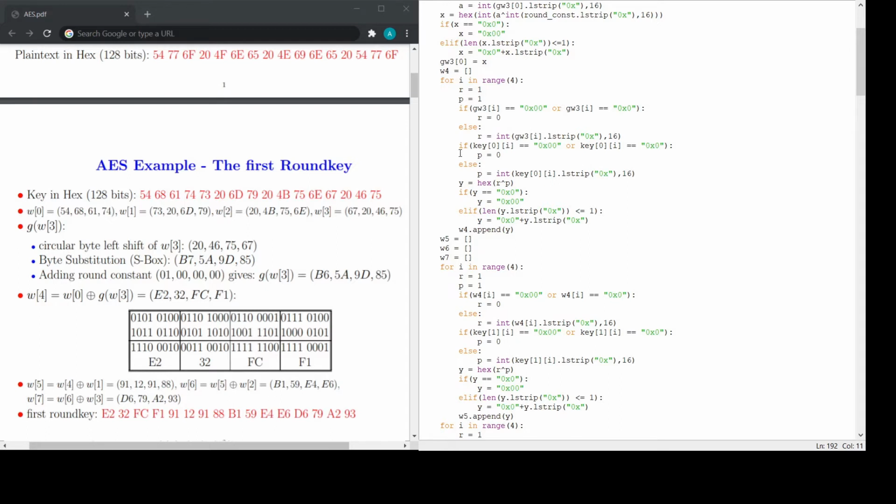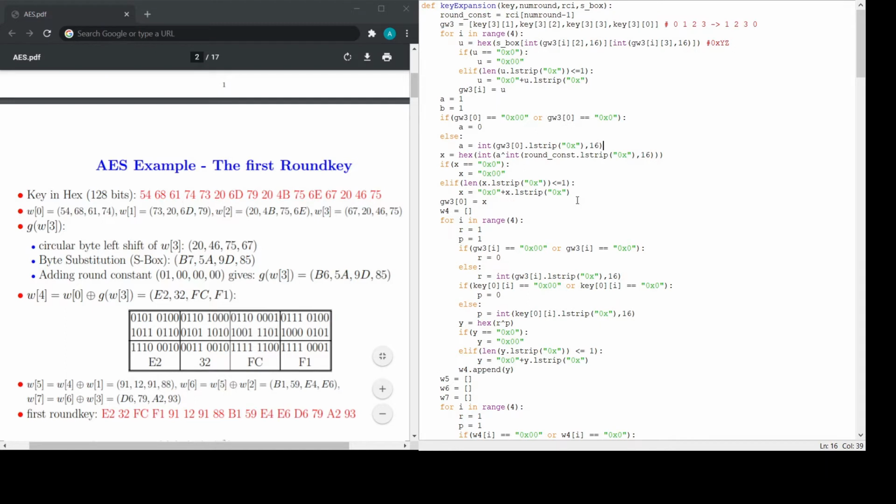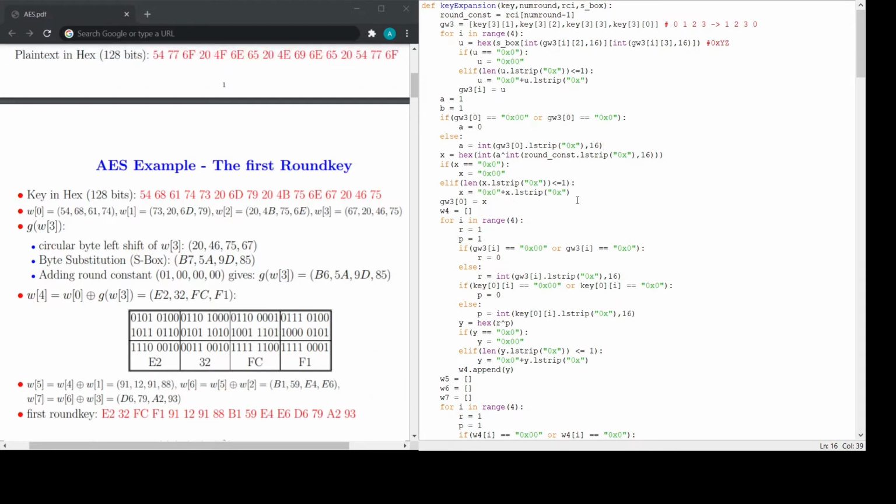The next step is adding the round constant. The round constant is always added to the first value of the intermediate key. It is just a simple bitwise XOR of the round constant and the first value of the intermediate key, done using the caret operator. Before the XOR, some edge cases are taken care of: when we use the lstrip function, there is sometimes only one digit after the x, which causes problems with the index values.